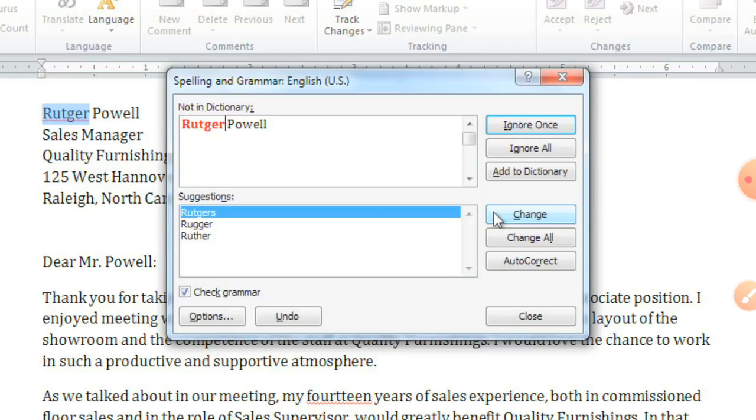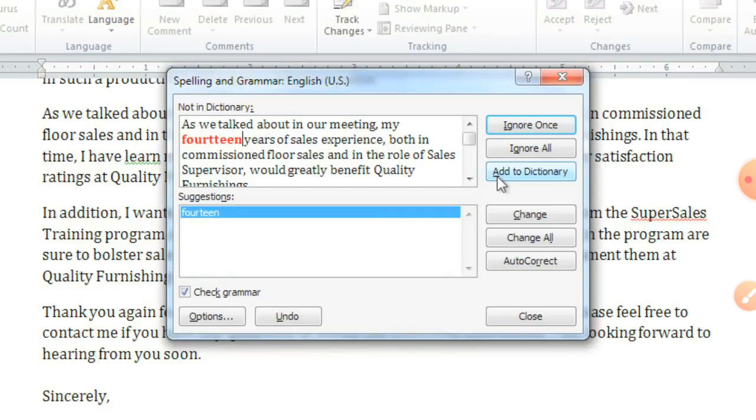And if it is telling the noun here, Roger Powell, it is a name, the name of a person. That's why it is showing wrong, because a noun is accepted as wrong. So you can Ignore Once here or Ignore All. Okay, Ignore All, it will disappear from every page. Or you can Add to Dictionary for the future, so it will not tell wrong in the future also. You can add this in your dictionary.